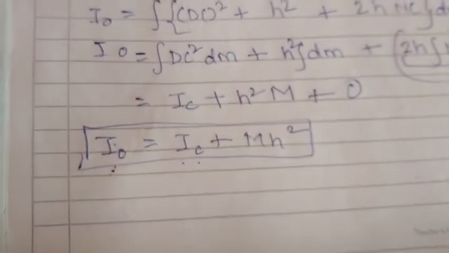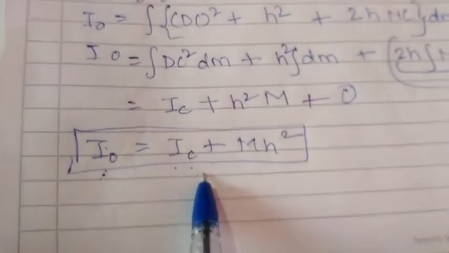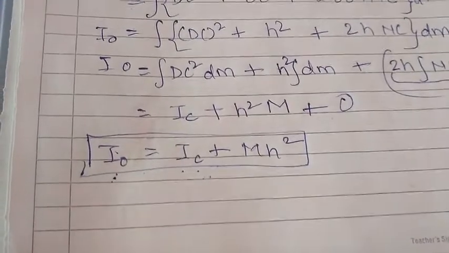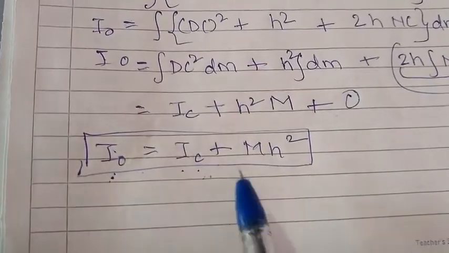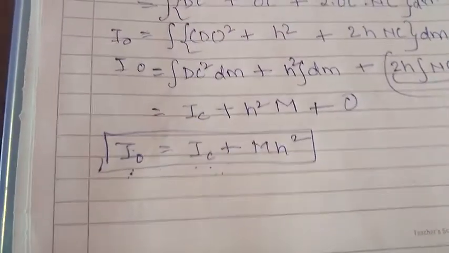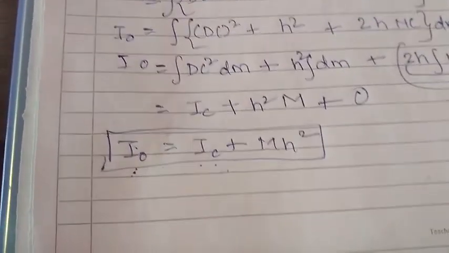So it is very easy to write down the statement once you know this final equation. From this equation itself, you can derive your theorem. You don't need to mug it up every time. So you should always remember the equation first in this case and then write the statement. So basically this was your theorem of parallel axis.